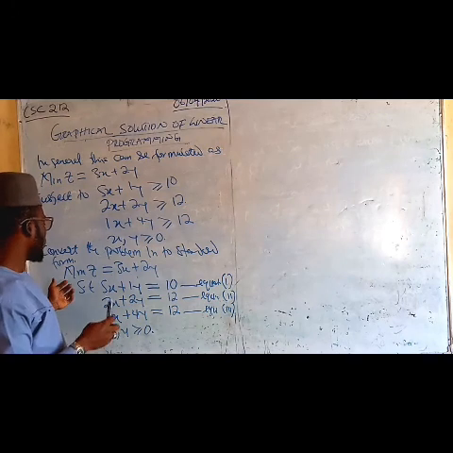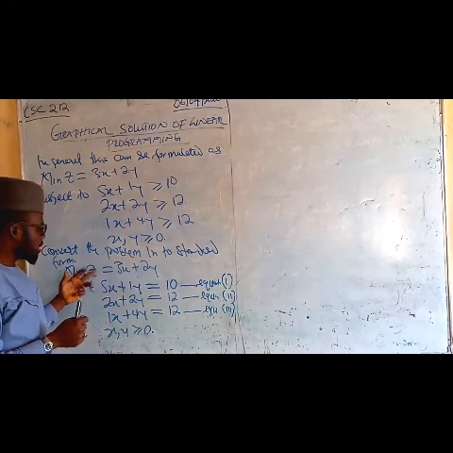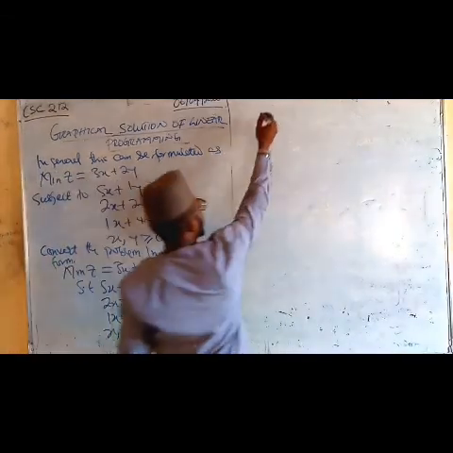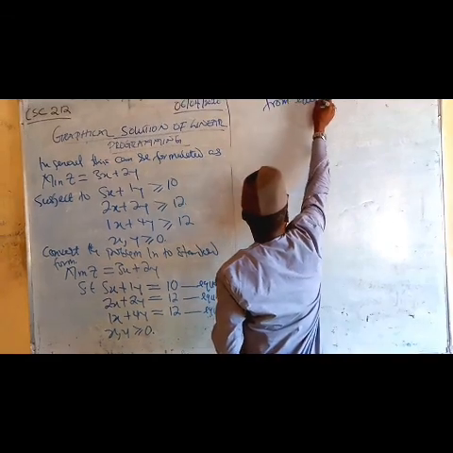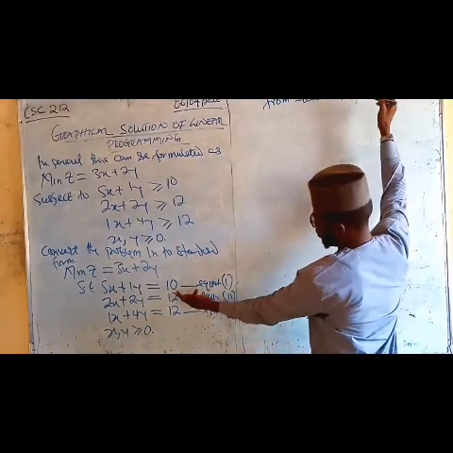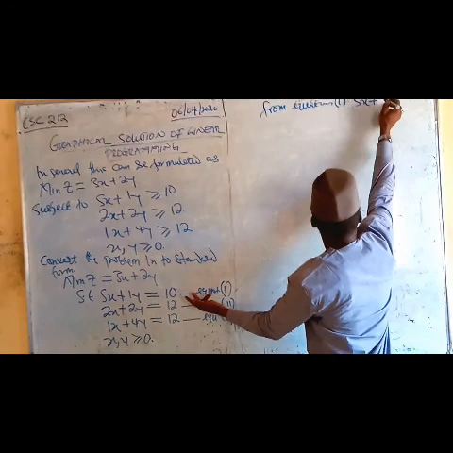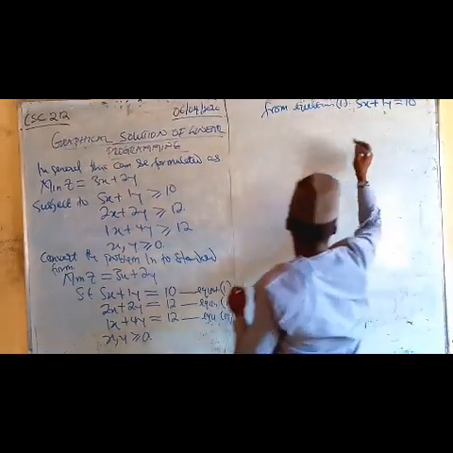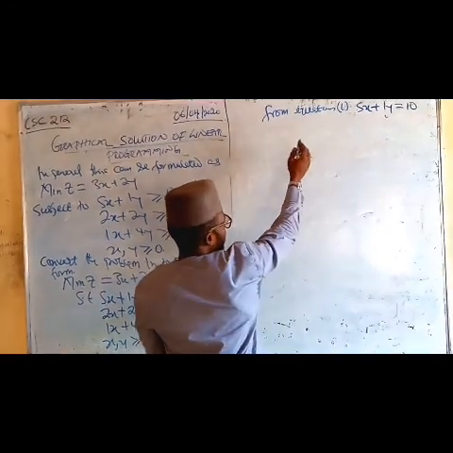Solve this problem by taking each equation and making x and y the subject of the formula. Then we are going to start from equation 1. Equation 1 is 5x plus 1y equals 10. So now, we are going to solve for x when y